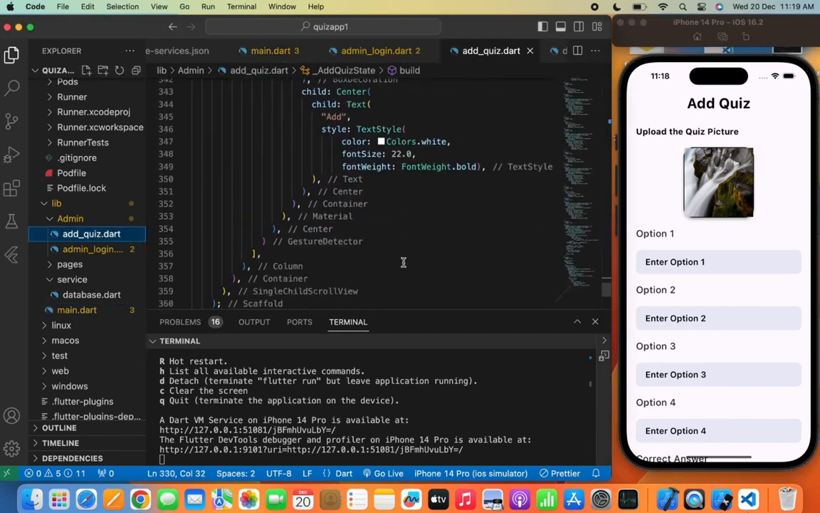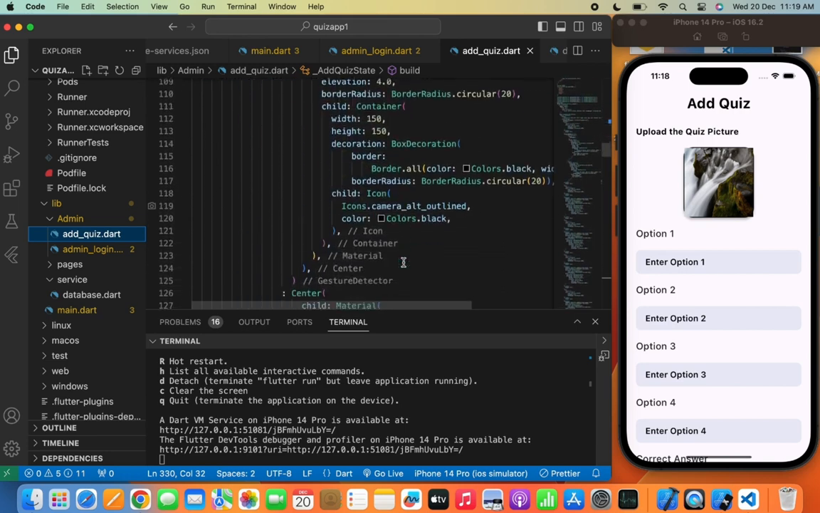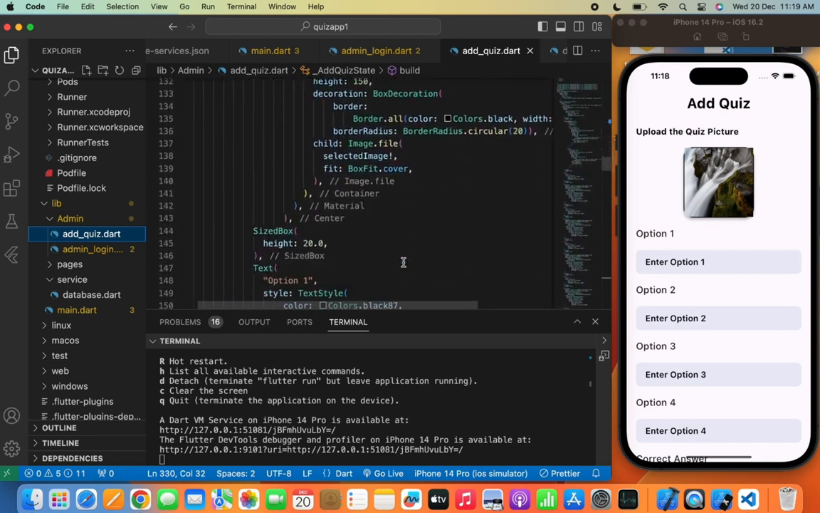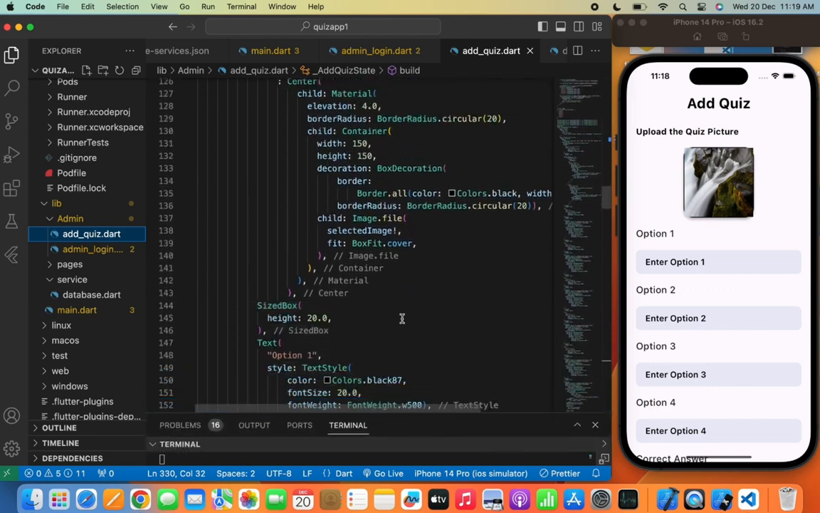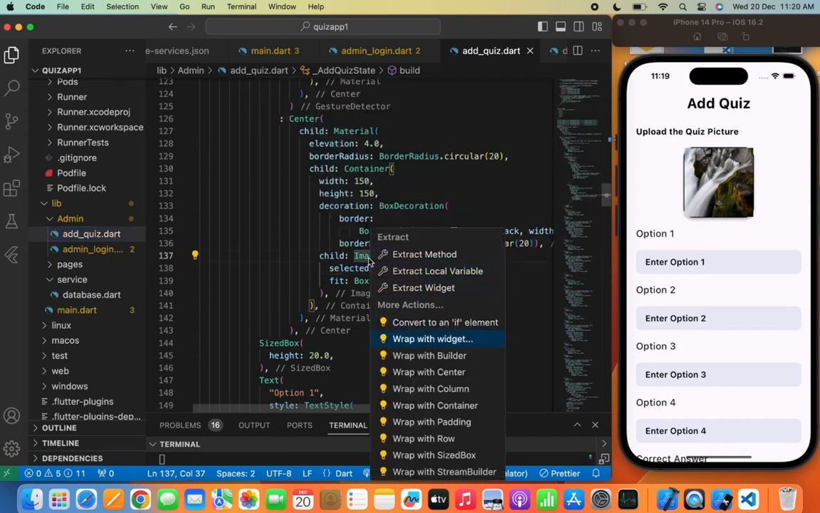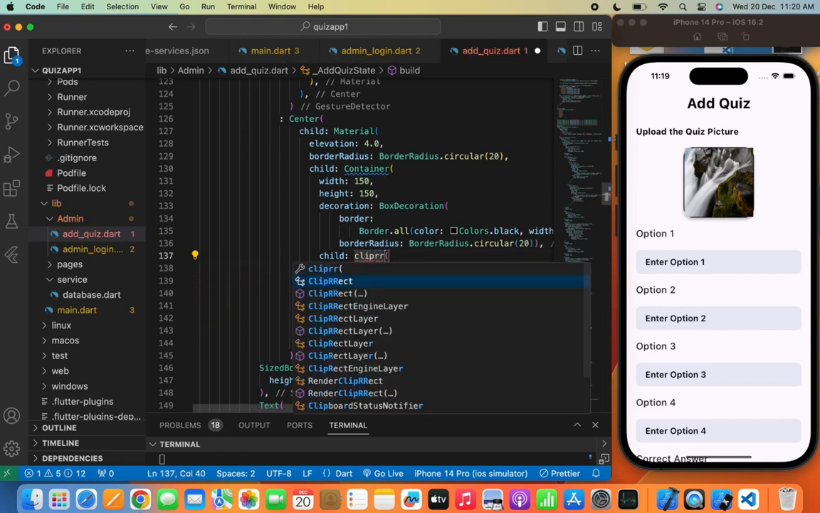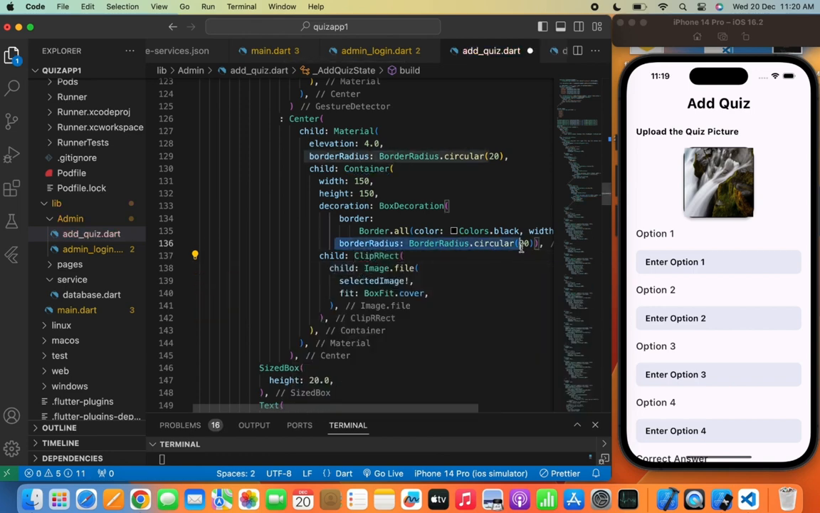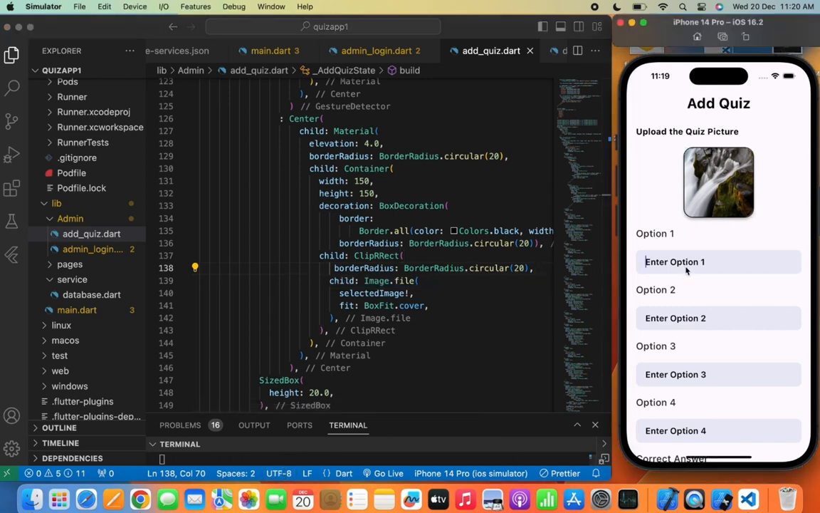Now it doesn't give a border radius to the image because we didn't wrap the Image.file with a ClipRRect. So let's move and wrap the Image.file with a ClipRRect widget. So there is a small tip from me. Whenever you want to give a border radius to your image, then always use a ClipRRect widget here. So we'll now wrap it with a ClipRRect and we'll give the BorderRadius.circular 20. So here you can see the